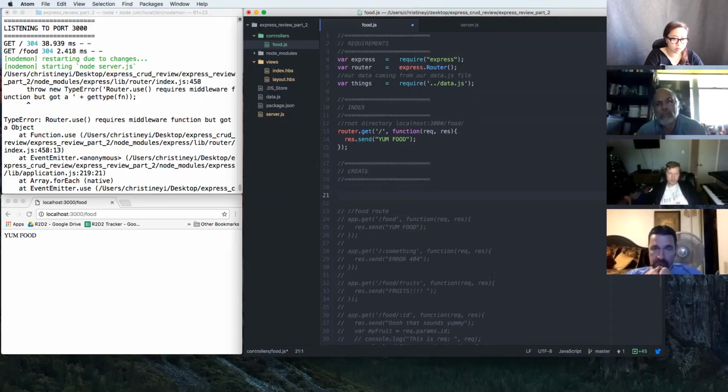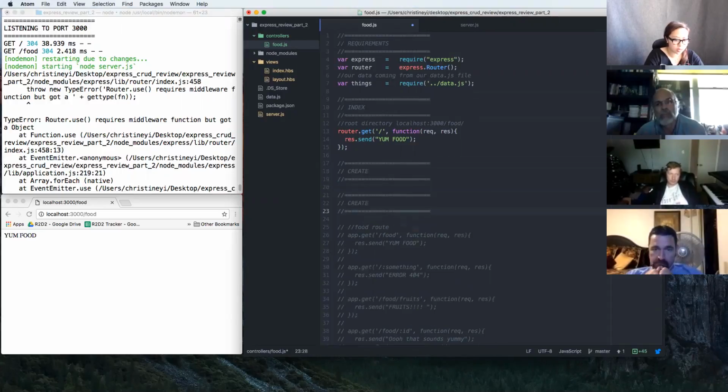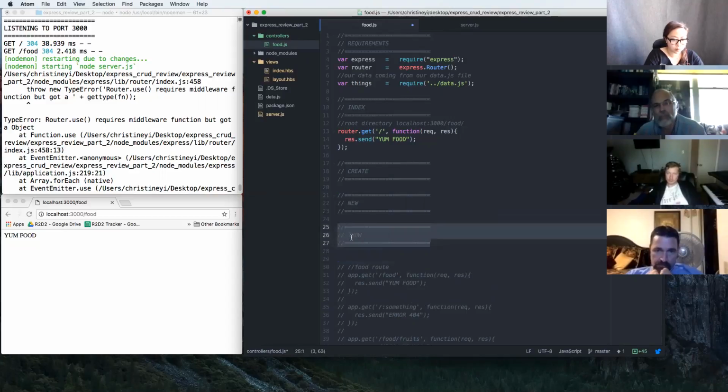We're gonna create also a new route. Again, I like setting up my files before I start working on them, so I can kind of understand what I'm trying to do. We have quite a bit of functionality, but at the end of this lesson, you'll have a full CRUD